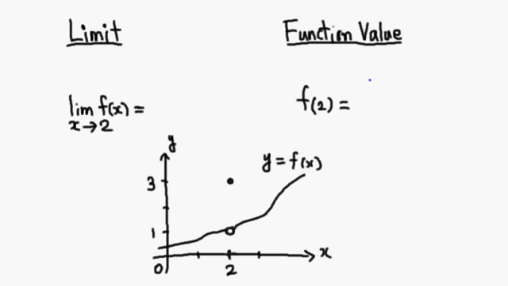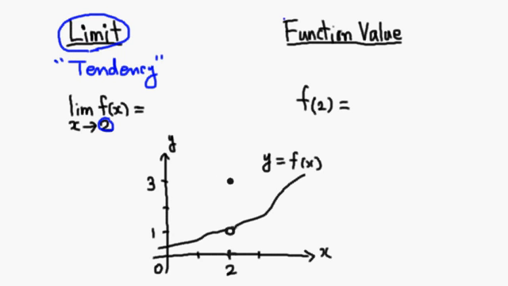Here, I would like to talk about the difference between the limit of a function and the function value. Informally speaking, you can think of the limit of a function as a tendency of the function. So it doesn't really matter what happened to the function when x is equal to, in this case, 2. But you need to look around and look at the tendency of the function, then determine the value of